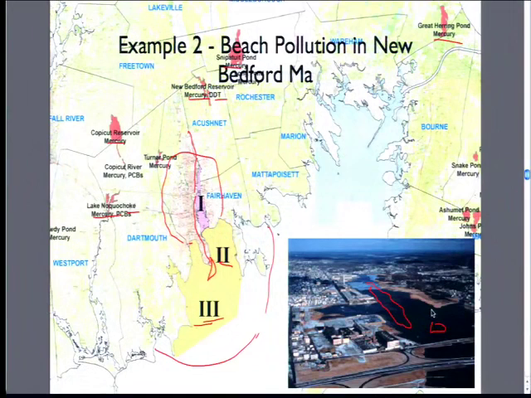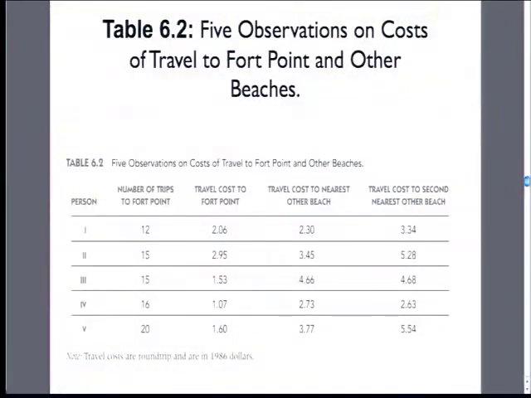When this study was done, the textbook example is like 20 years ago, before this big Superfund project was going on, they were looking to get money from these companies to say this is the damage to the natural resources, these are the lost recreational opportunities. The people of New Bedford can't go to the beach in their own city, so this is the millions of dollars that you're going to need to help us pay for the cleanup so that we can clean up the beaches there. So they went out with students with clipboards, talked to different people, and this was a beach